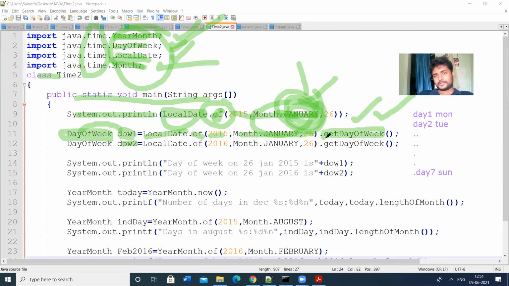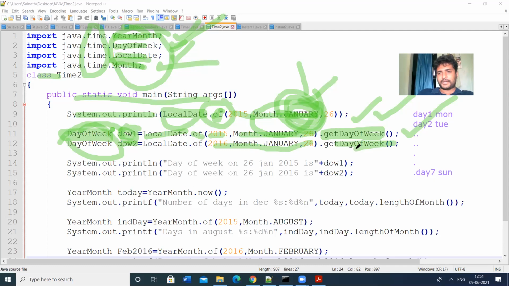This is the method available in the DayOfWeek class. That's why we have defined the object corresponding to the DayOfWeek class. Here we get the day, whether it is Monday or Tuesday or Wednesday. For example, I have taken 26 January 2016.